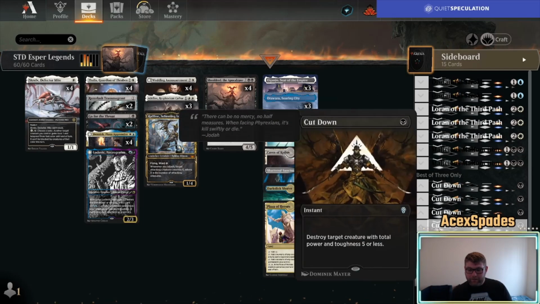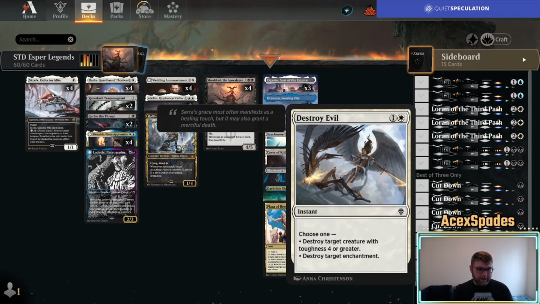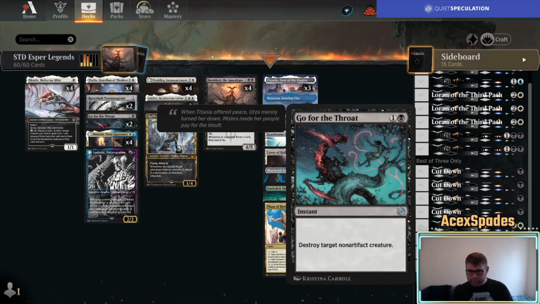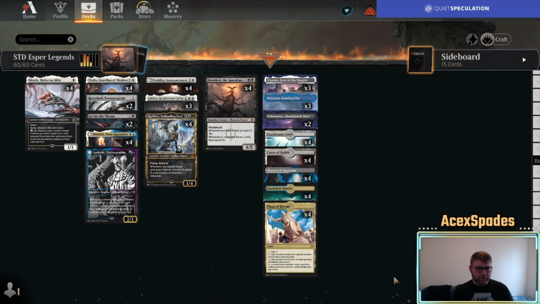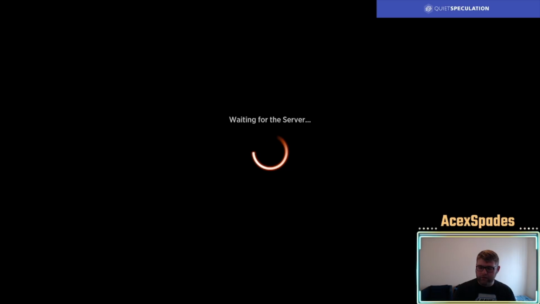Similarly, we have Cut Downs, 4 copies. Destroy Evil, again to answer opposing Sheoldreds and those powerful enchantments that we mentioned before. Leyline Binding is another example of those. And then Go for the Throat, which is just good, clean, efficient removal. So we're going to hop into the ladder, play 5 games, and then we're going to see how we do